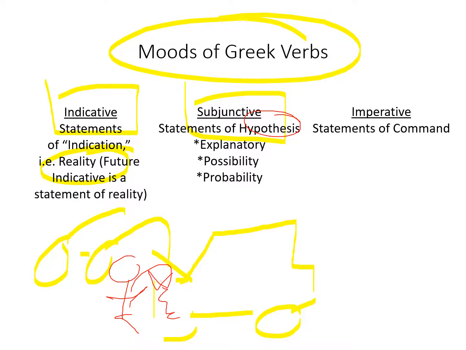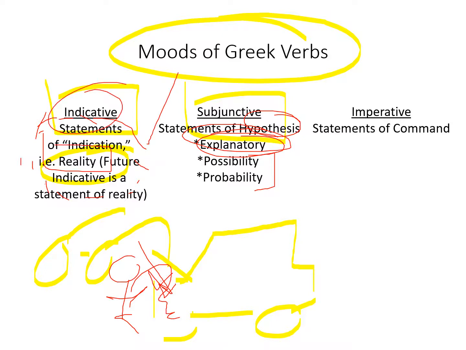There is a range of possibility and probability, but here we are explaining not so much reality on the surface, but beneath the surface, underneath. Though there may be sort of a sketched reality in place as well. But the point is not reality, the point is explanation. That's what differentiates the indicative and the subjunctive. Now on to the imperative.